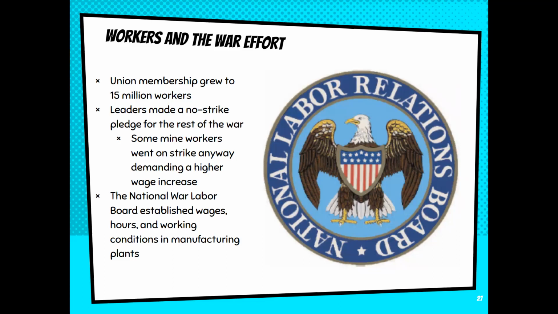In these factories, labor unions would grow. 15 million more workers joined labor unions compared to in the Great Depression, when that number dropped dramatically. However, union leaders said that they made a deal and said basically they were not going to go on a strike for the war because that would hurt the war effort, as kind of a deal with employers that they would make good working conditions and good wages for the workers.